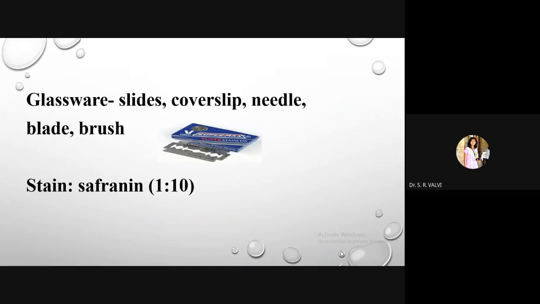You also need a brush and a handkerchief to remove excess stain or excess water from your slides. The main stain required for this practical is safranin. Say friends, safranin is a very concentrated stain and it is red in color. The main function of safranin is that it stains dead tissue. Which are the dead tissues present within the plants? Dead tissues are xylem and sclerenchyma. Safranin reacts with these dead tissues, and hence it gives a pink or red color.